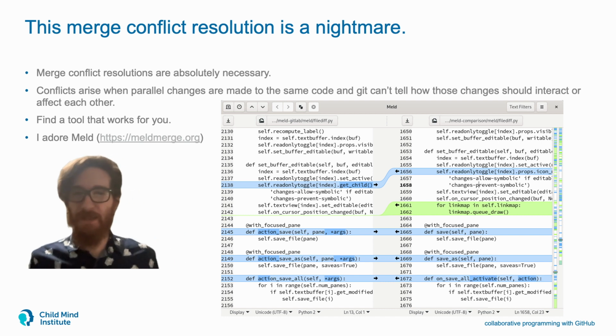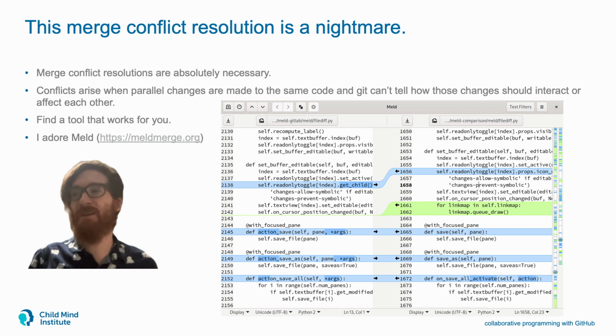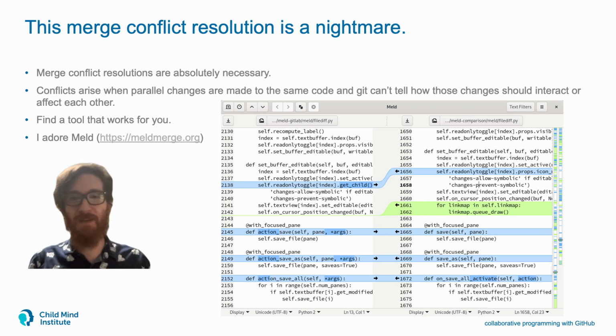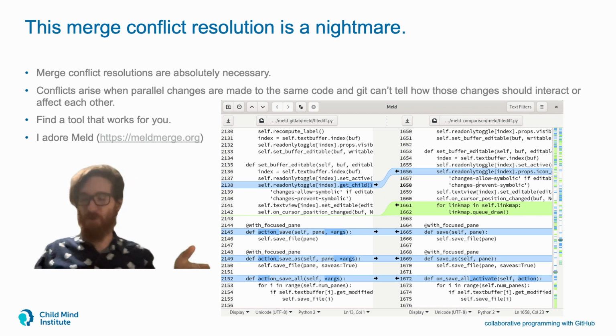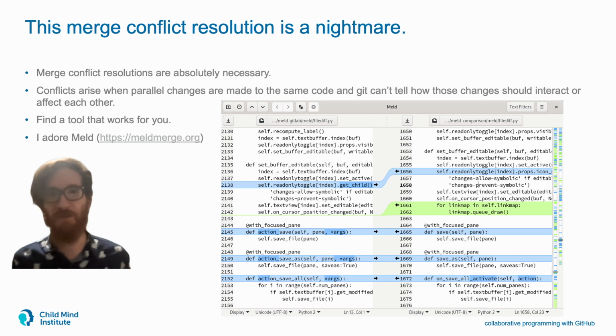And so you can dynamically decide which lines from which branch you want to keep, and sometimes resolving a merge conflict actually involves making some changes that don't exist in either branch to make those changes work together. Like, for example, if each parallel branch added a function with the same name but different purposes,